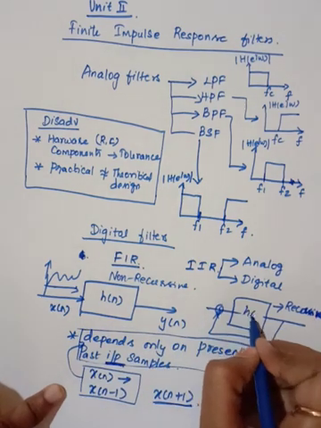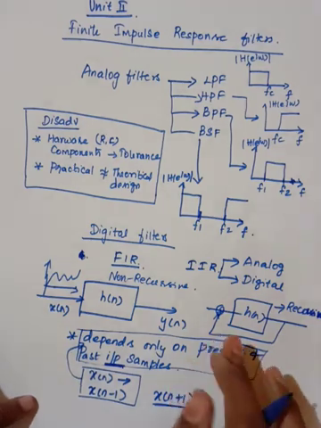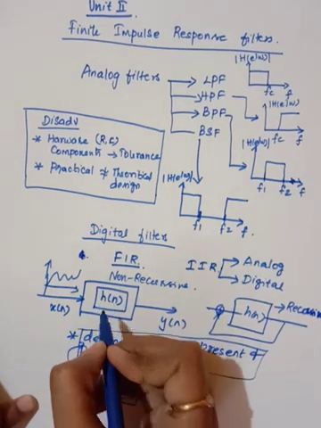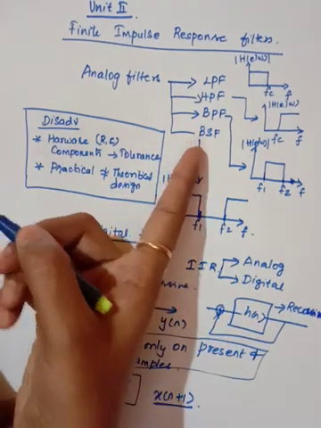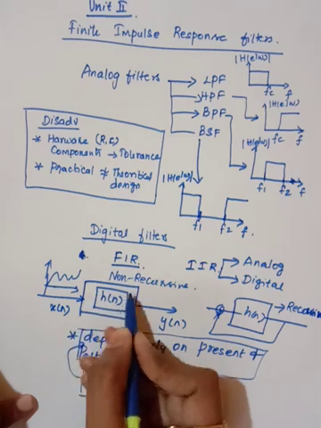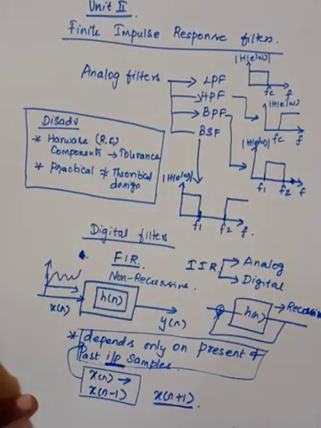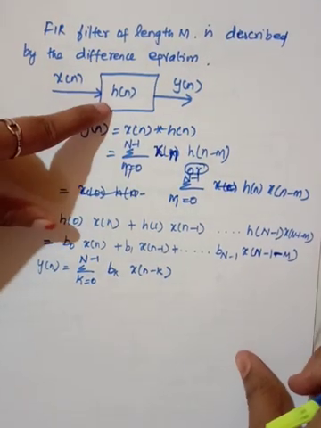It also has an impulse response. Now in this unit, we are going to design this h of n according to our requirement. We will see the different cases of this filter and we will design h of n for these different cases. This is what we are going to walk through slowly in this digital filter design. Now we will see what the functionality of this h of n is.